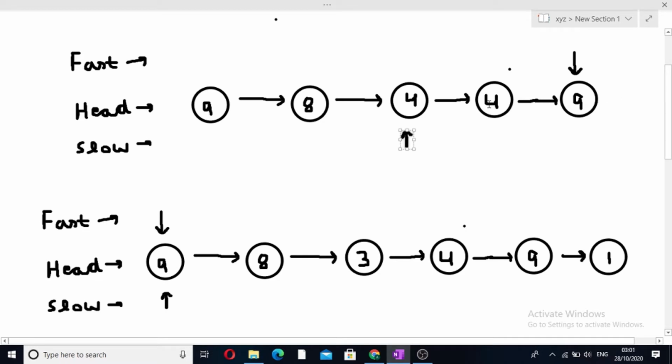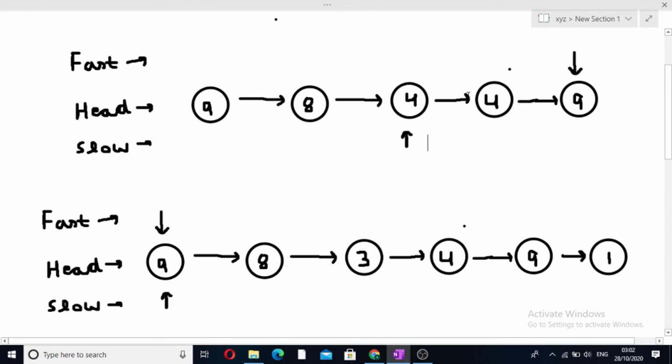So this will be our breaking condition: whenever the next pointer of the fast node is null, we will stop iterating the list and simply return the address of the slow pointer. We can see that the slow pointer is at 4, and 4 is the middle element of this linked list. This was the case when the linked list was of odd length.